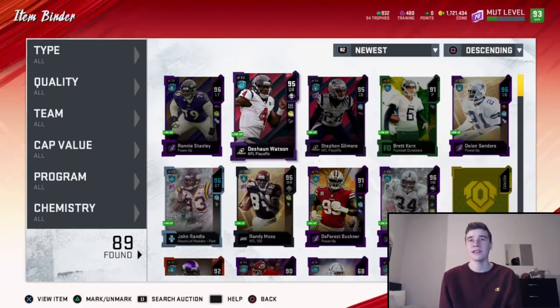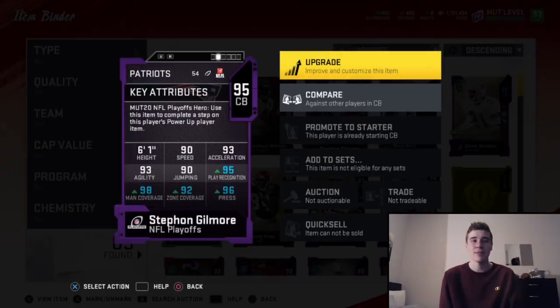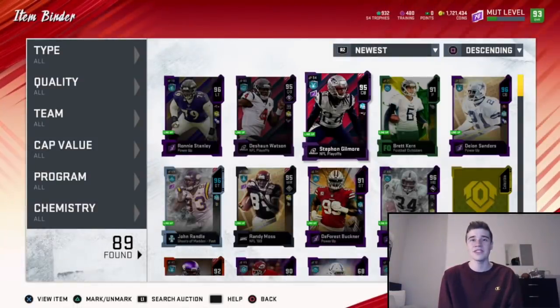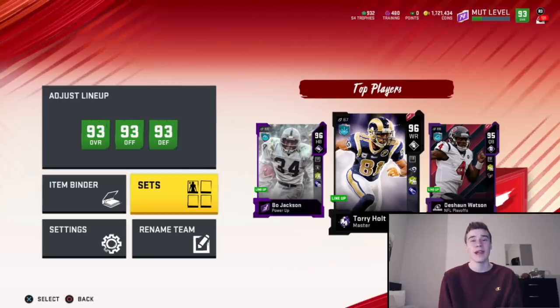Deshaun Watson, I'm really excited to try him out. He has really great stats, Escape Artist and Dashing Deadeye on this card. And then Stephon Gilmore, he just has incredible stats. Of course, the speed maybe isn't there, but look at that, 98 man, 92 zone, 95 play rec is absolutely incredible. Let's get into how I got these cards for cheap, because that's one of the most important aspects of